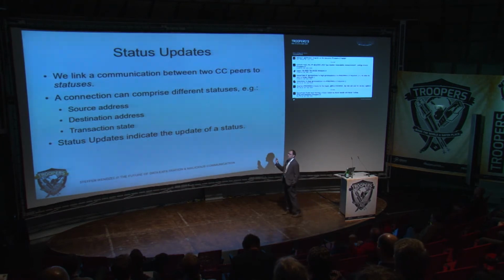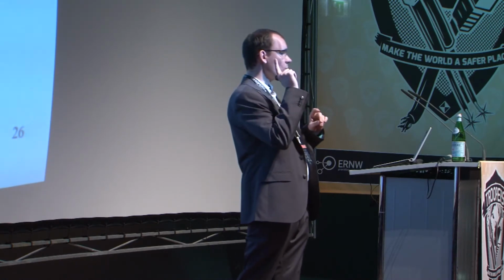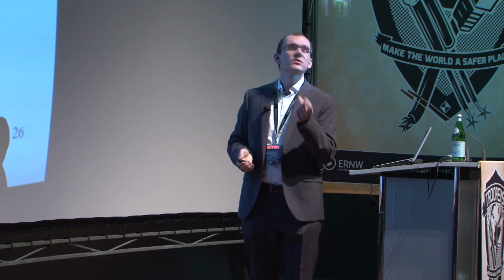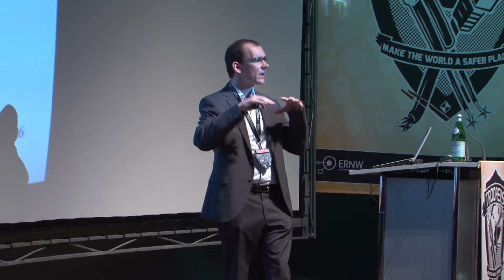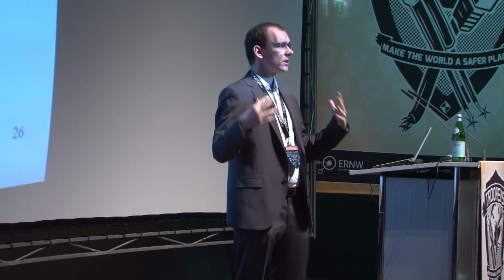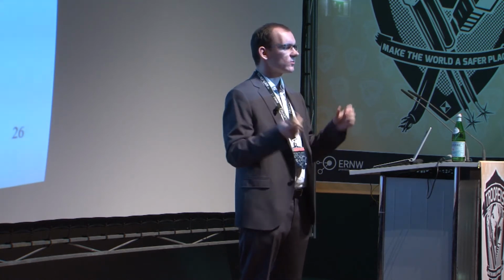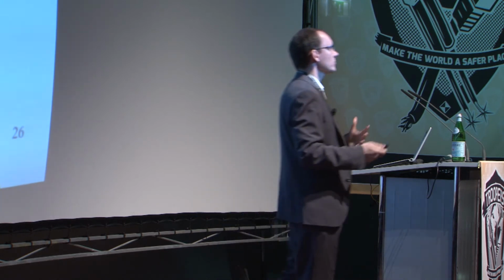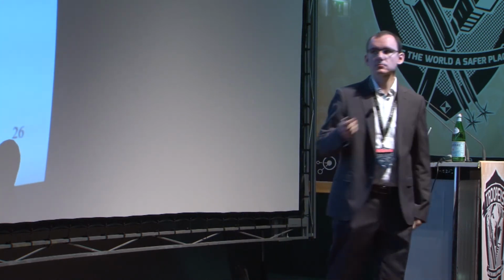Status updates modify a connection based on an update of a status. For instance, if I want to change the destination address of my covert channel connection, I send a status update. But I only transfer it once to configure it or to change it. I don't transfer the source or destination address again, so I save a lot of space. I mean, in a covert channel overlay, you usually do not use IP addresses with 32 bits. You don't have so much space, so you have your own addresses.